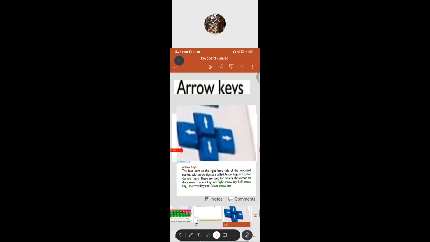These are used for moving the cursor on the screen. The four keys are right arrow key, left arrow key, then up, then down arrow keys. Do you want to move up, down, and right or left? For that reason only we are using these arrow keys.